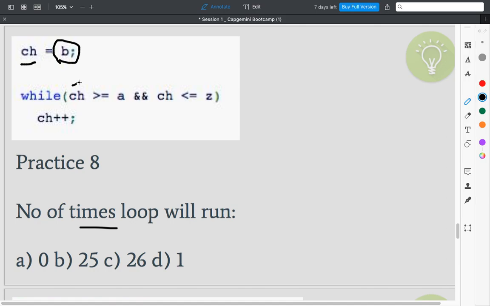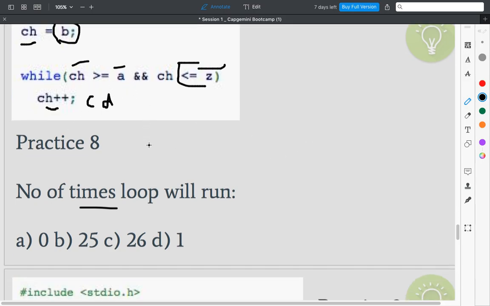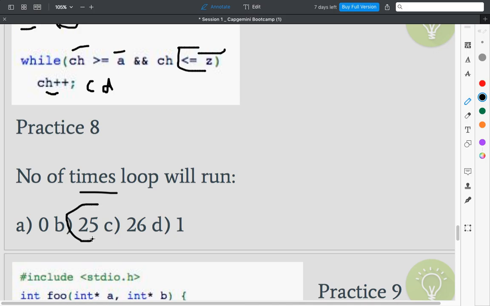Okay, char should be either greater than a and less than or equal to z. A is the first letter, it can be equal to, but it is b, it is not equal to, so it will not run for a, so it will run for b, then it will increment. So the increment will make it c. Okay, c will work, d will work, and so on and on. And it's also equal to z, so it will only not work for a and for the rest of the elements. So a lot of students have guessed the answer is 25.